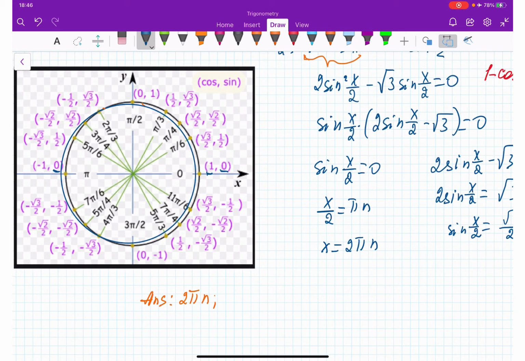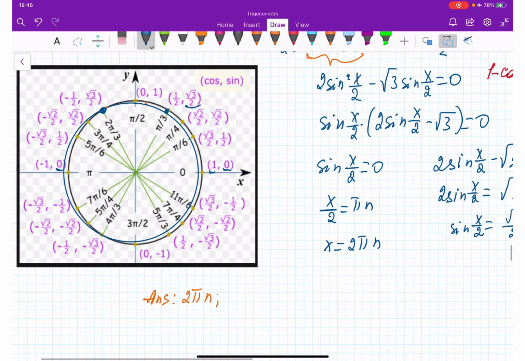So let me see. It is going to be pi over 3, right? Look here, square root 3 over 2. And then 2 pi over 3, right? Here it is, 2 pi over 3, also has sine square root 3 over 2. So from here,